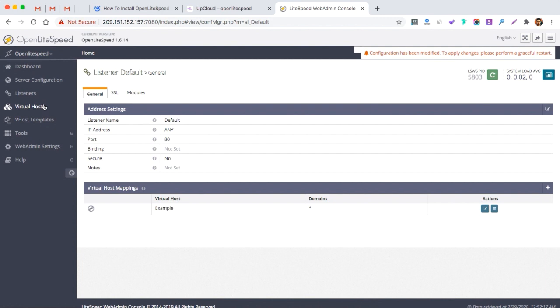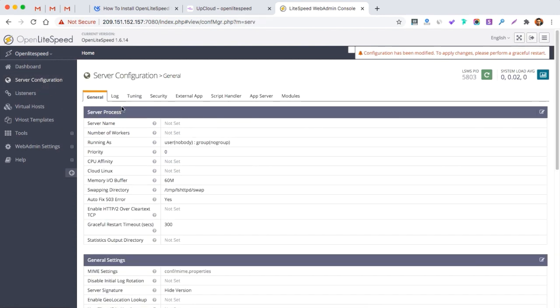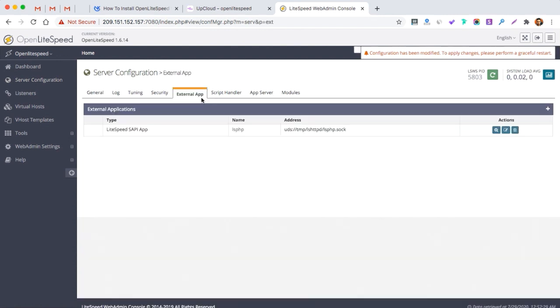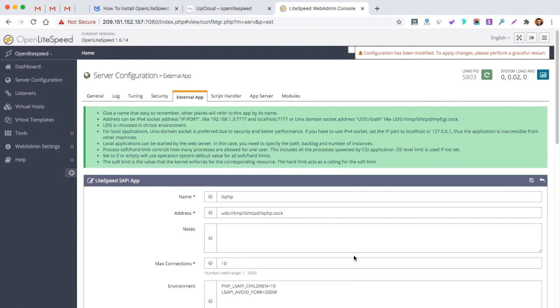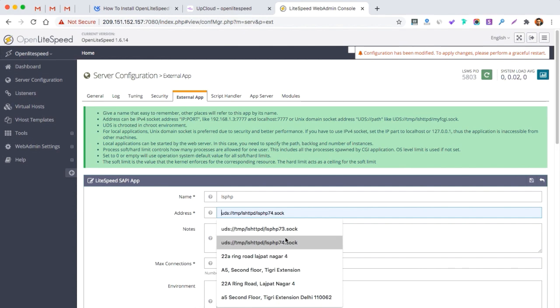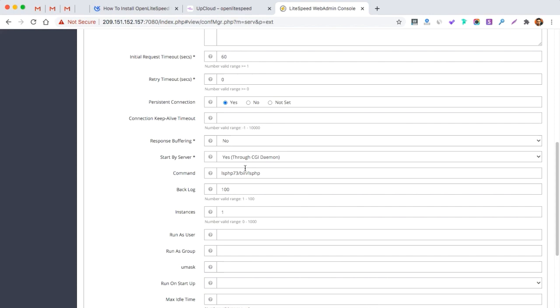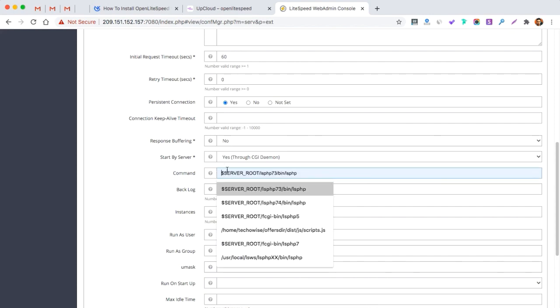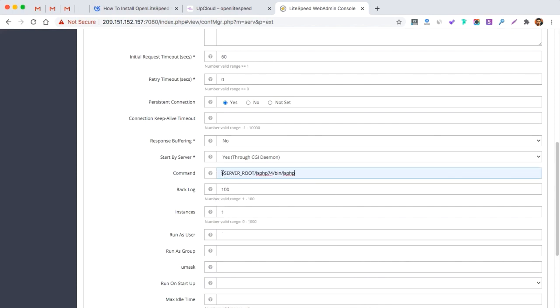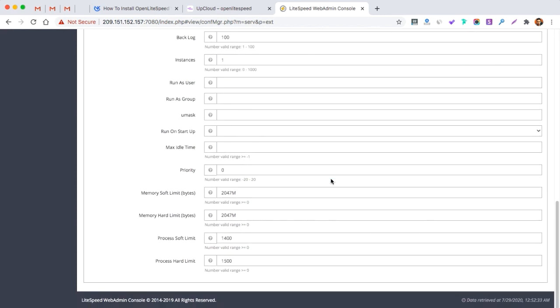Next thing we need to do is go to server configuration, and in the address I'll use lsphp74.sock, and also in the command I will use this server root php74 bin lsphp.